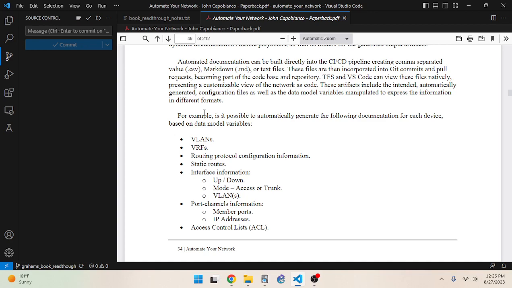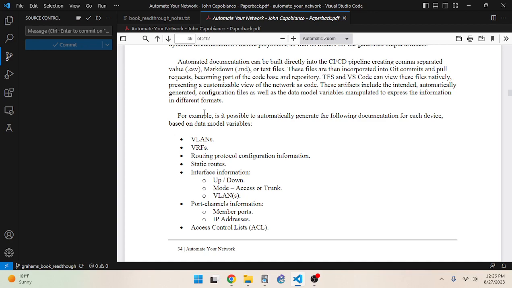So you can document whether a service is all configured and ready to go but just hasn't been delivered yet, whether the service is completely ready to go, ports up, traffic is flowing, everything's good, or whether the service is down because you want to remove it from the network, so you shut the port down but you still need to gather the gear and stop the billing. That's hard to do manually and to keep all straight. So that's one thing you can do based on your data model variables.